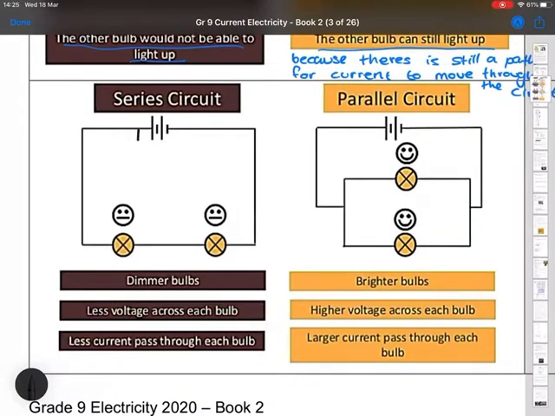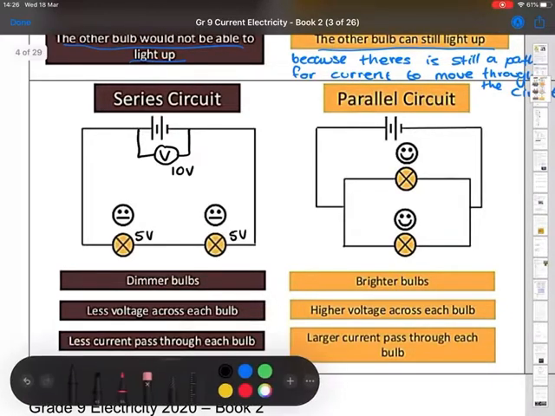And the reason why is because there'd be less voltage across each bulb. Remember, if I connected a voltmeter here across the cell, let's say that that was 10 volts. If the light bulbs are identical, it would mean that each one would only get 5 volts and 5 volts. Whereas previously,